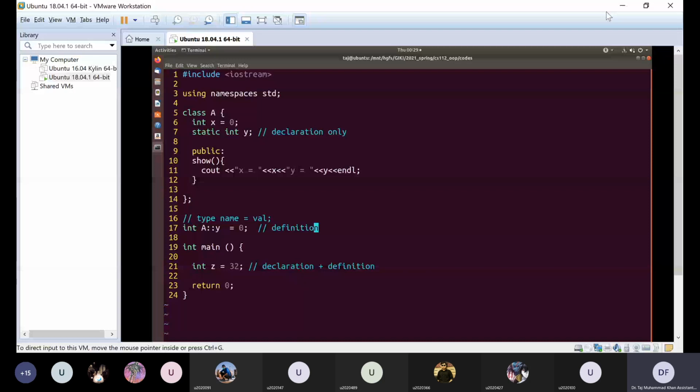So declaration is when we declare that variable static inside the class, line number 7. So this is a declaration of this variable. But to be able to use it, memory should be allocated for this variable. To be able to allocate memory for this variable, we have to define it.